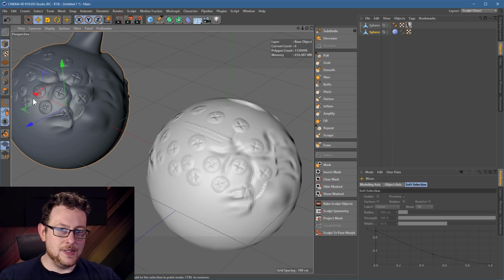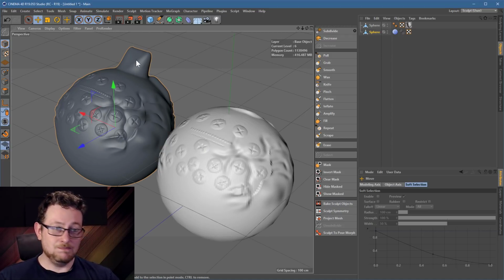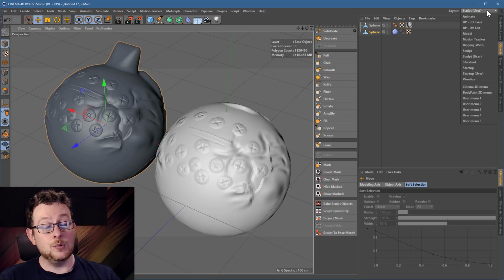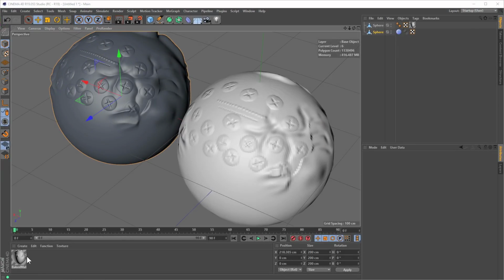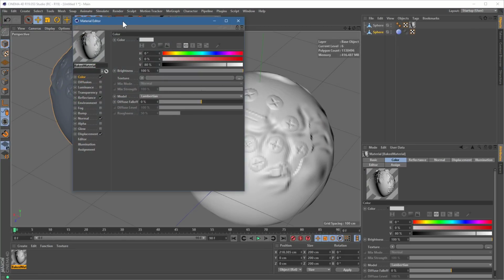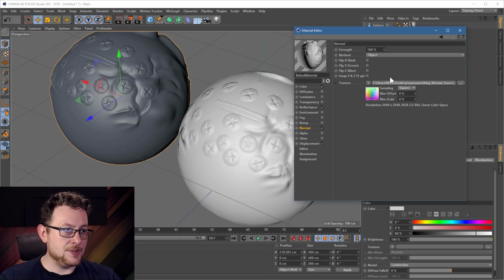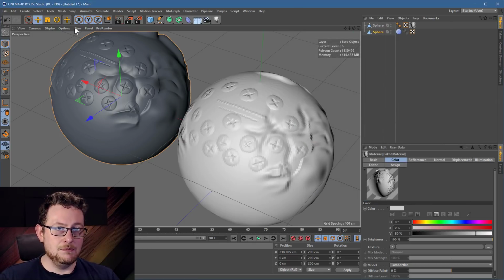Now you may look at this and think, that doesn't look as good as my original. And you're right. But what we have, if we go back to our standard layout, so we can see all of our materials, okay, here's our material, and what we have is a series of normal maps with fine detail and displacement maps with big chunky detail. But the point is,